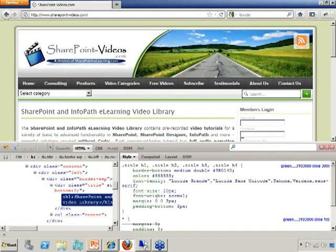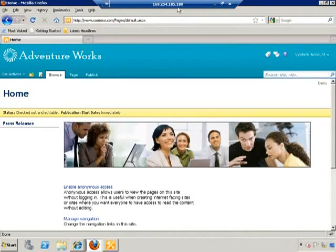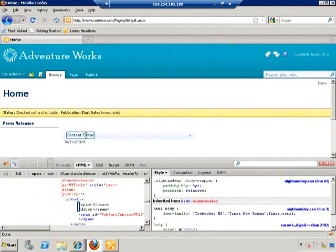So let's say I'm going to switch now back to my SharePoint site, and I want to do the same thing for my content editor web part here. I already have Firefox opened with the contoso.com in it. It's still using the wrong layout, so I'm just going to refresh the page. Now it's fine. I'm going to press F12 to open the Firebug, and then inspect this web part